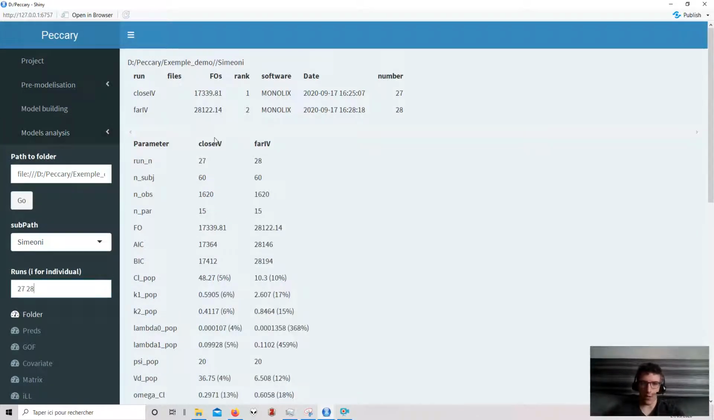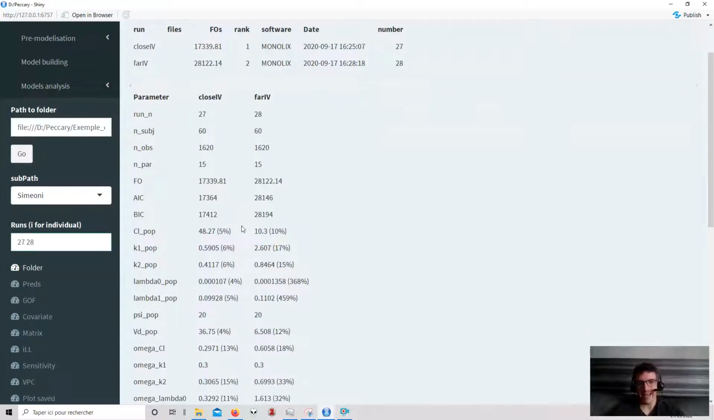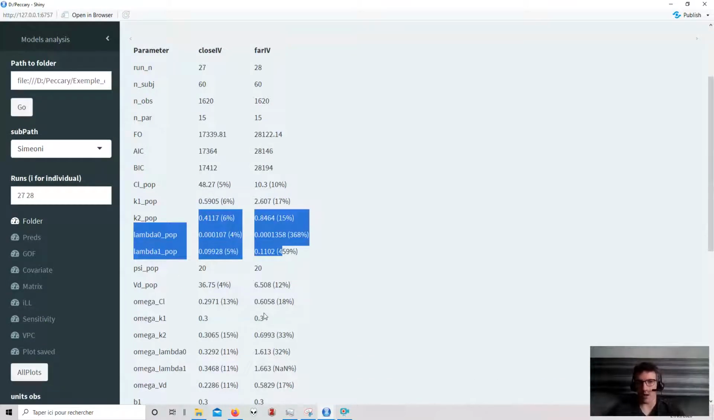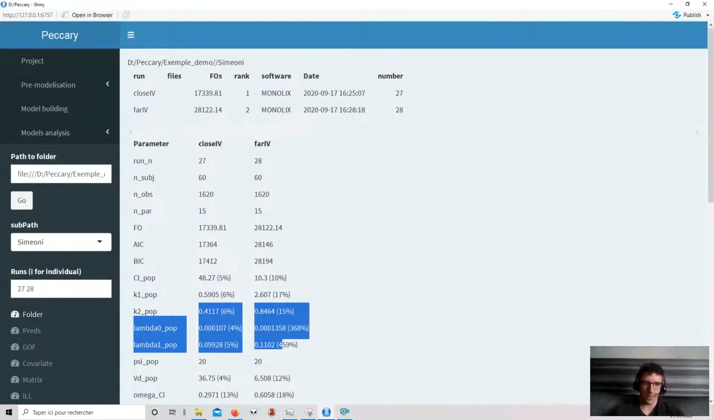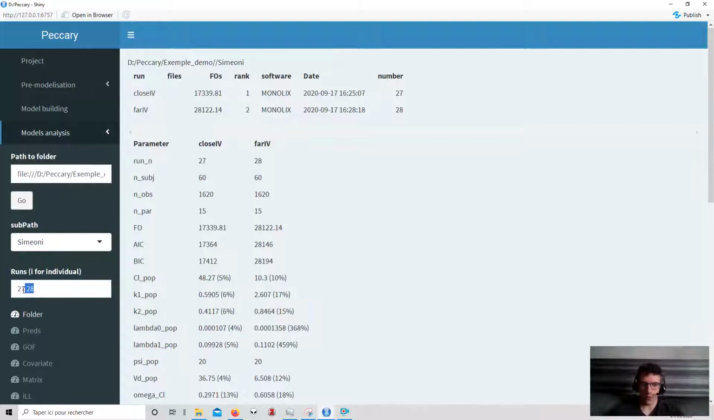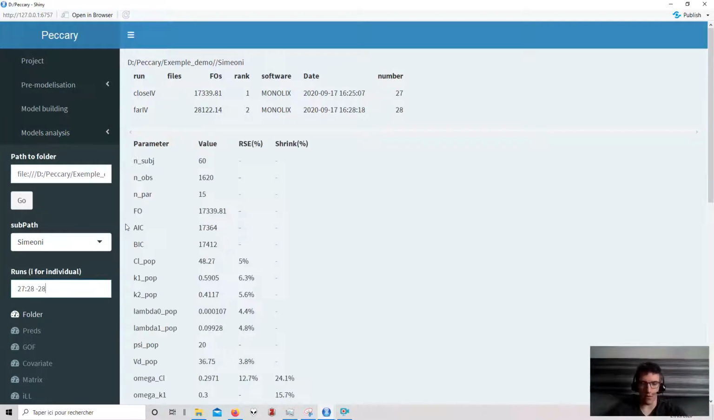Here you have one column equal to one run, and you have a full join, so you can compare every parameter, how close or how far they are from one another. If you have five numbers, here you will have five columns. You can also do something like say I want run 27 minus 28, for instance, and you have only